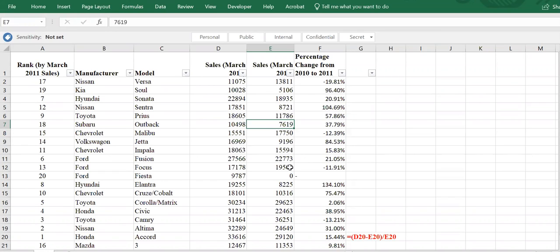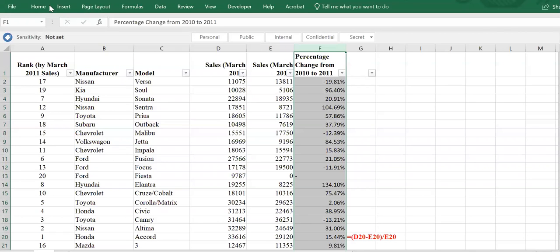So there is one last thing here that I want to talk about in this video, and it's conditional formatting. Conditional formatting is when you define some rule for formatting, and whenever that rule that you define is met, the format is automatically applied to the cell. So here, for example, I want to define,